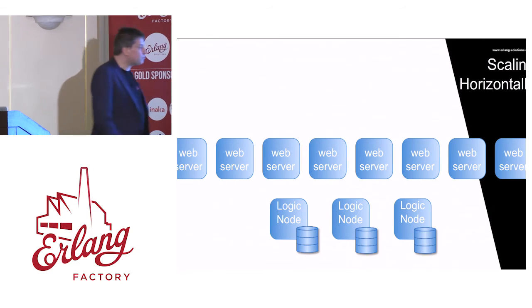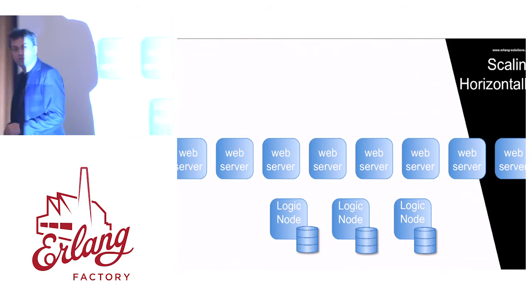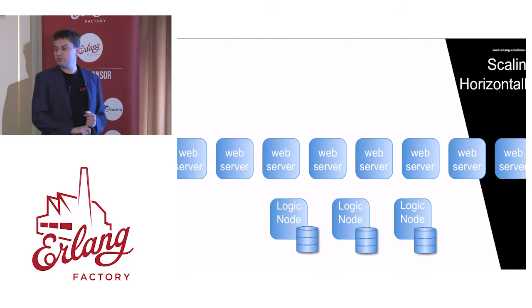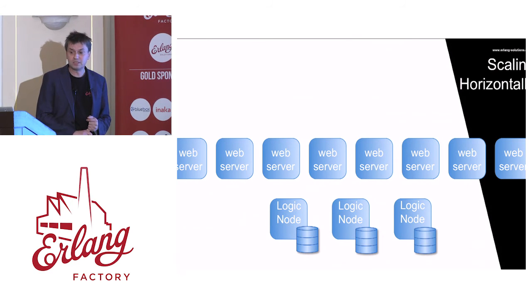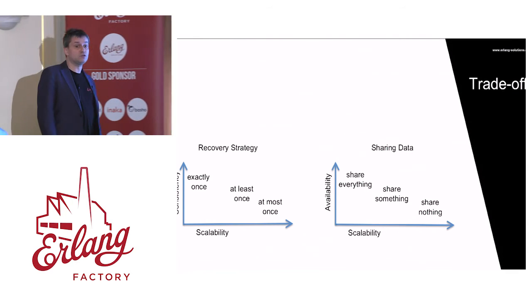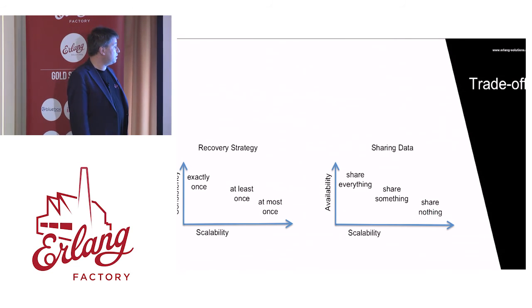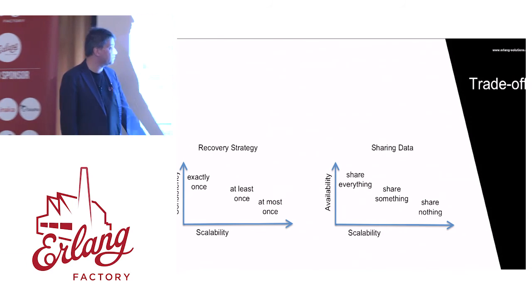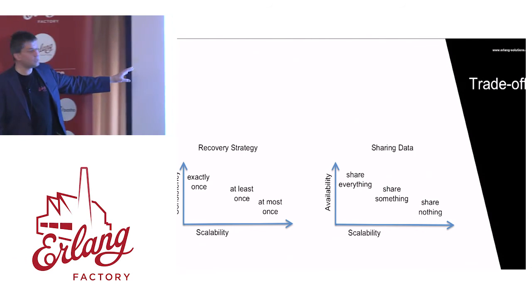And the problem that all of a sudden you start getting with scaling horizontally is that you need to start distributing your data, and you need to start dealing with your network. And these are already design decisions you've taken. That's why I'm saying you might have to go back and revisit your distributed architectures, because if we look at the whole sharing of data right here,